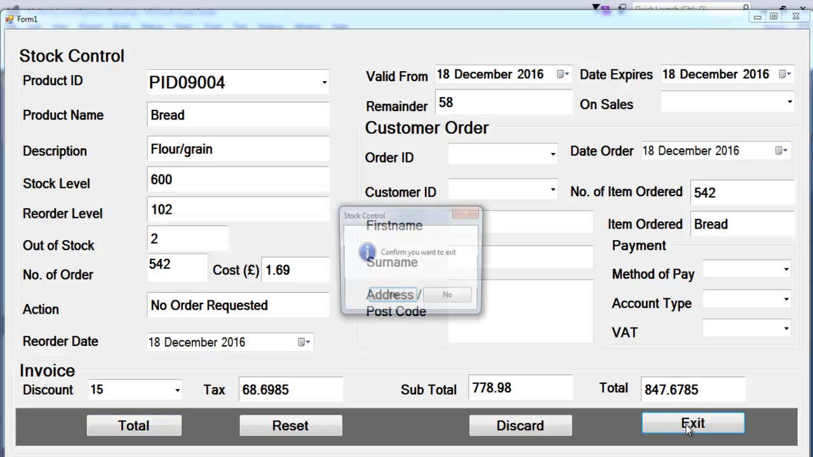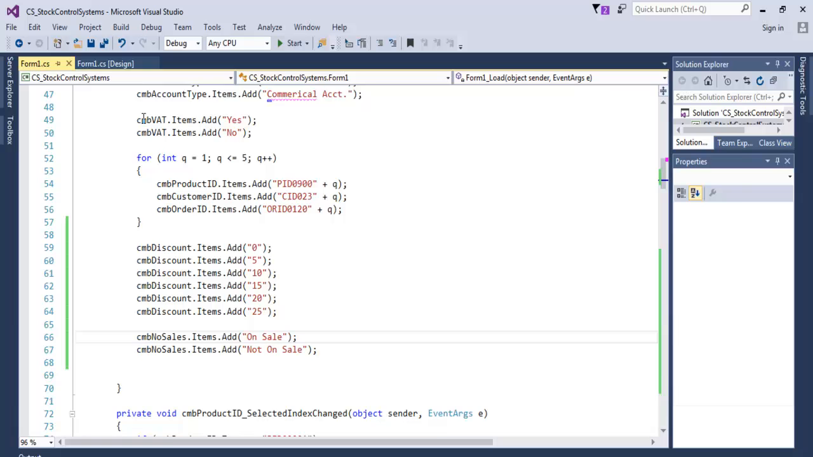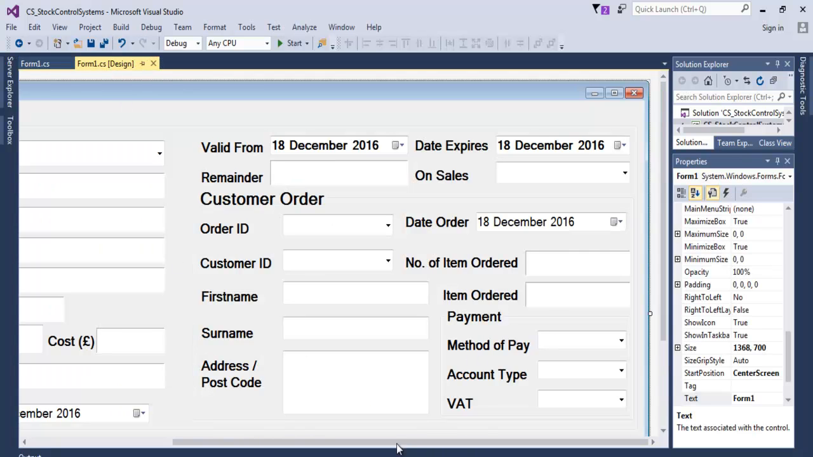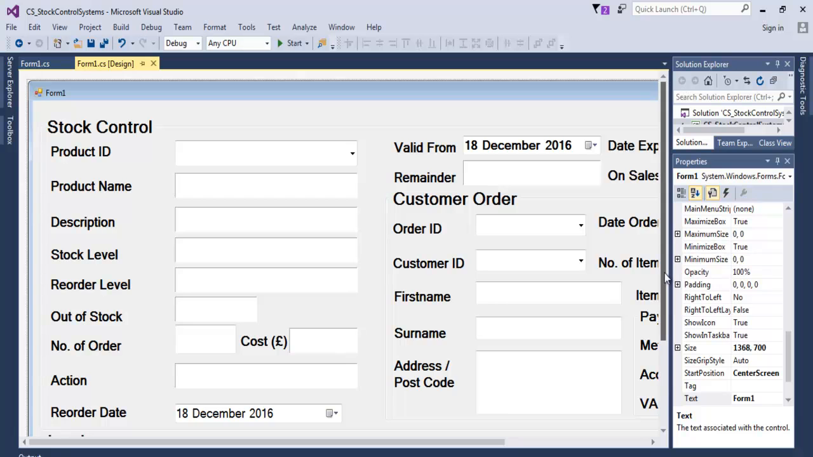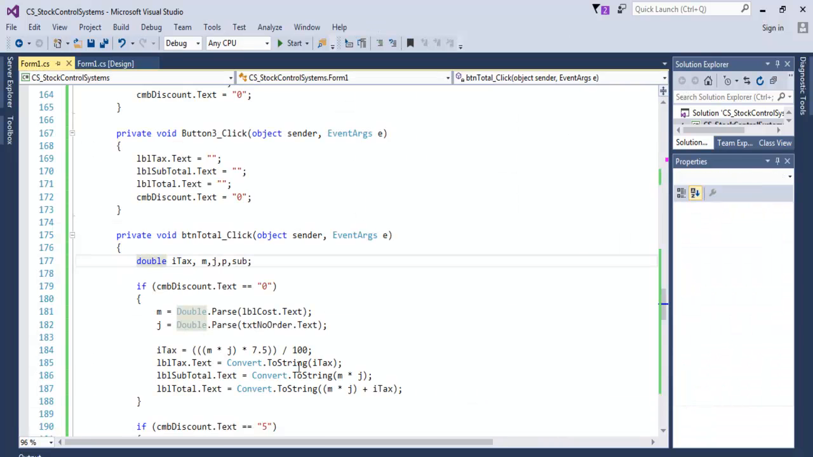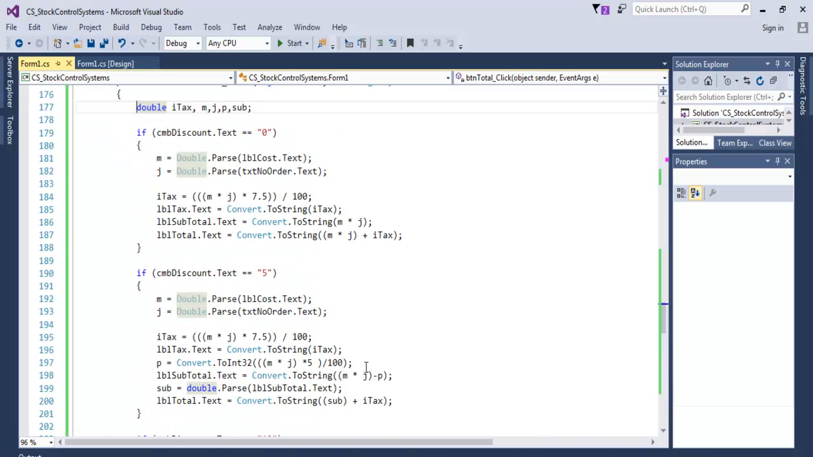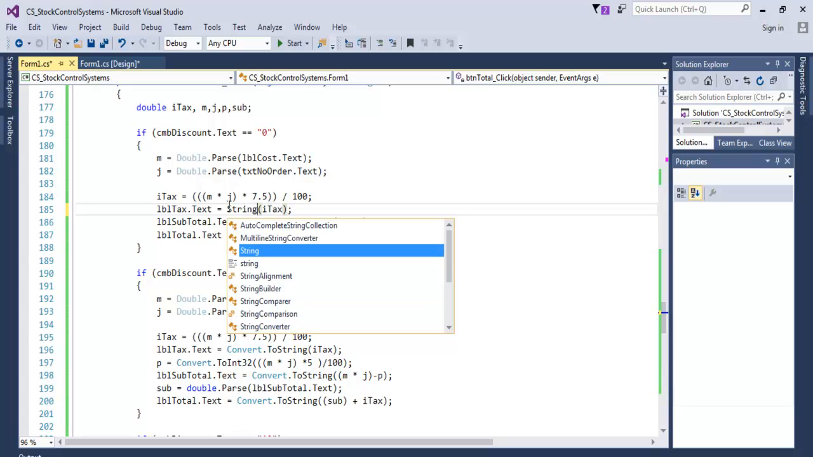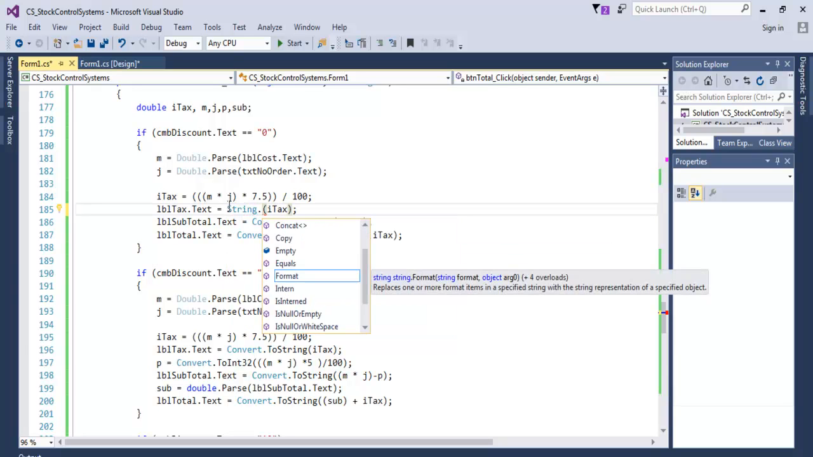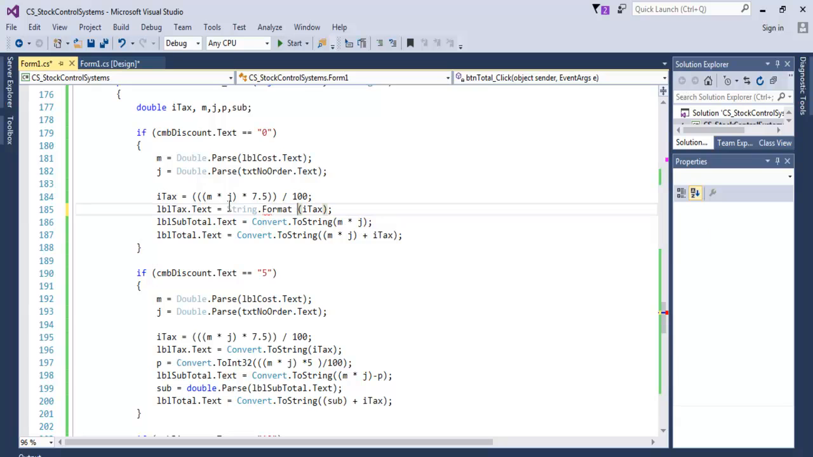Okay, let's exit out and go back into the form load, the calculation, the total right here. Double click on total. Now let's try one out. Okay, right in here. Okay, let's start with this. I think I need to format that. Let's say string dot format, and then